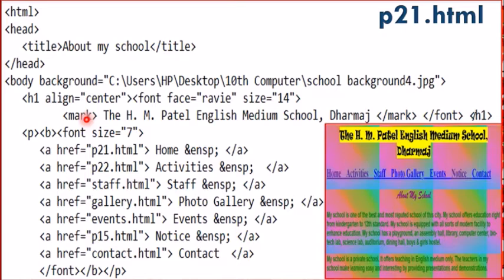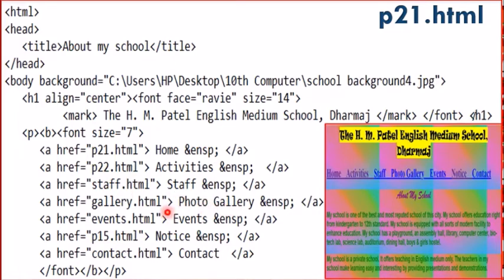Now in this paragraph, we are going to prepare 7 links to other web pages. These links are home, activity, staff, photo gallery, events, notice and contact. For preparing these links, we are going to use the anchor tag. So when the user clicks on the home link, p21.html file is executed. When the user clicks on the activities link, p22.html file gets executed, and so on. So when staff is clicked, staff.html is executed.